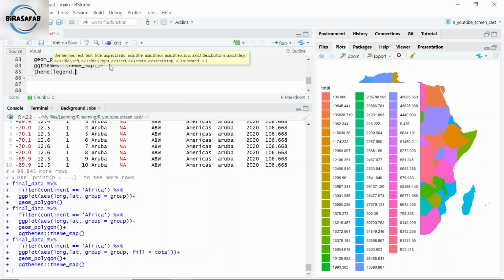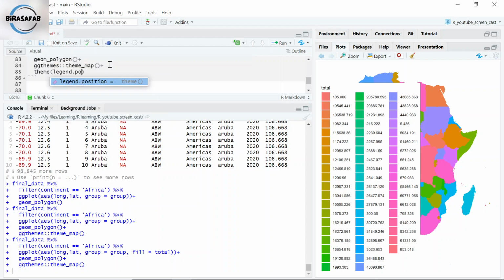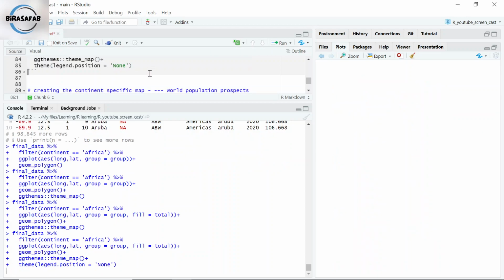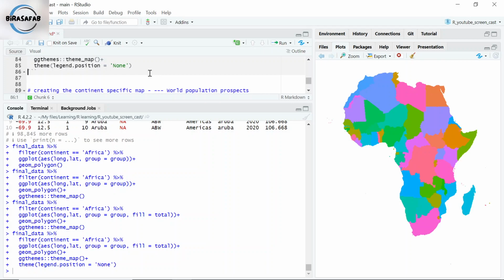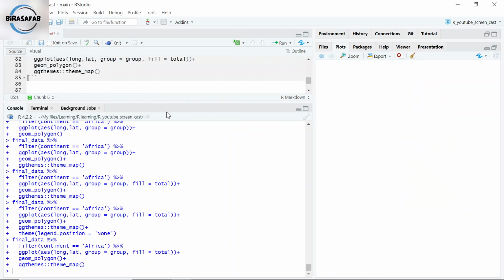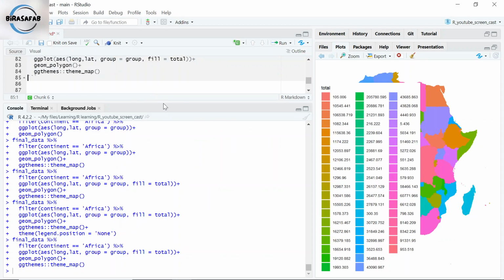I'm going to use legend.position. I remove the region by using this function. You see now. No, I don't need to remove the region. What I am going to do now,